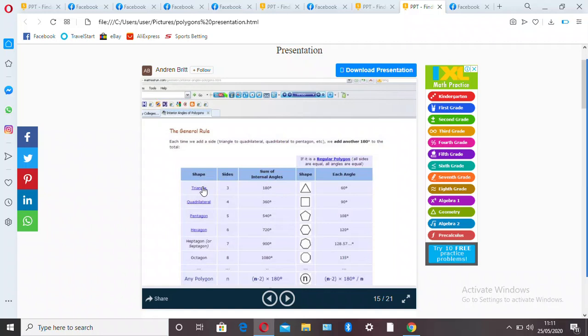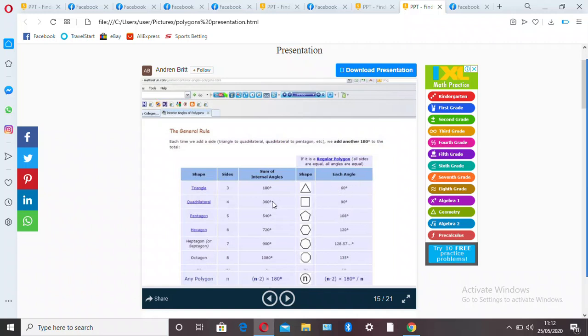Sum of the interior angles in a triangle is 180 degrees. Okay, so that means each angle, if this is an equilateral triangle where you have all the sides equal, then each angle will give you what? 60 degrees. Okay, I'm going to tell you the formula you would always use to find all your angles whenever